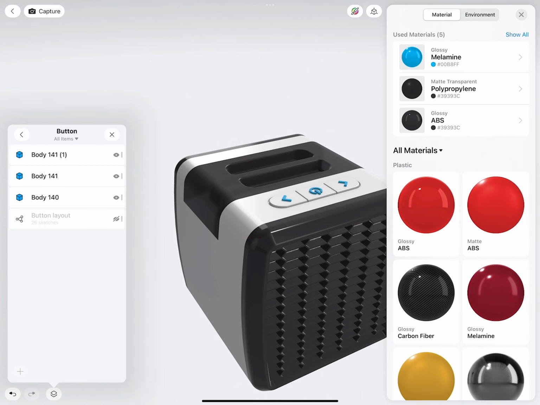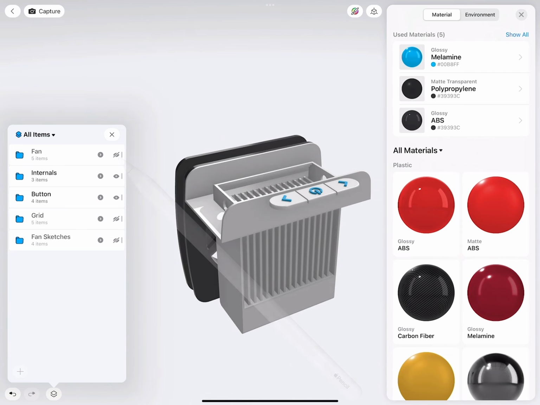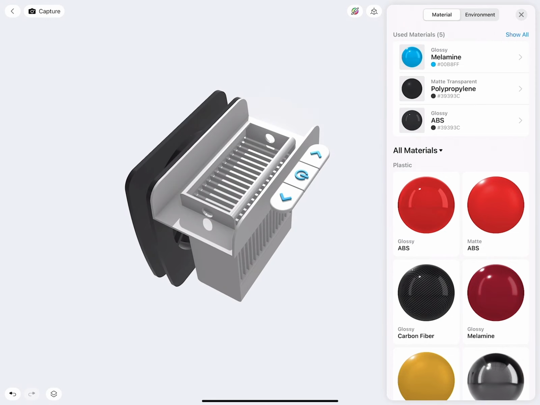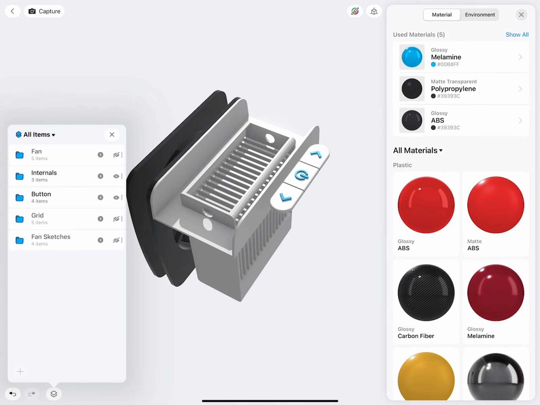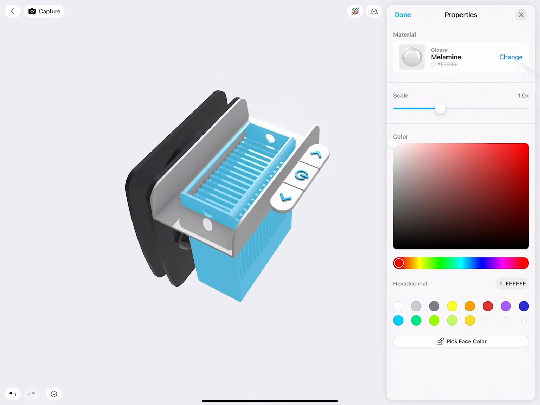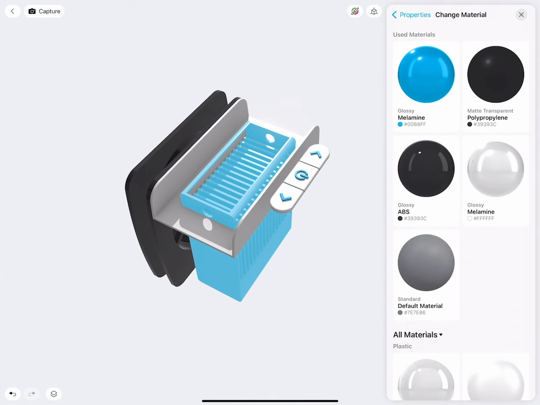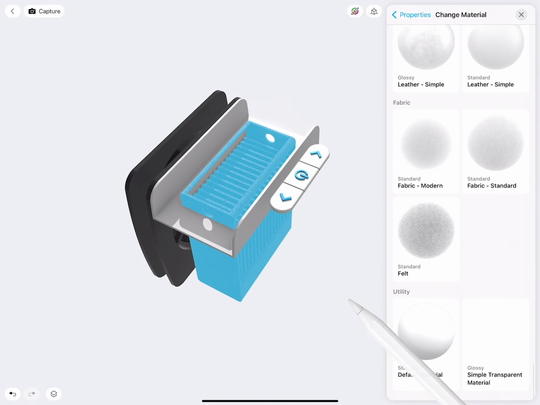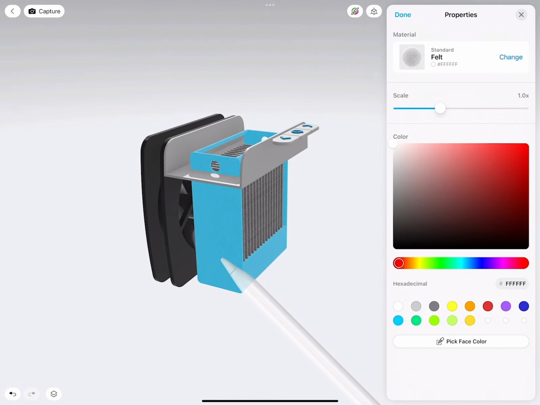When we open the folder overview here, we can hide the fan. I would like to give all the felt elements I have here a felt material. Go change. There's the felt material. However, just not this one.